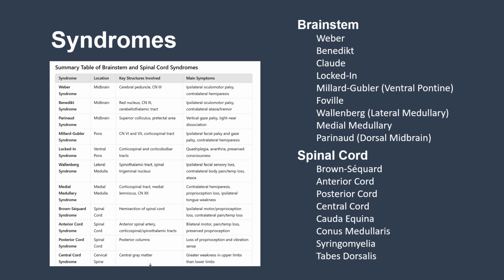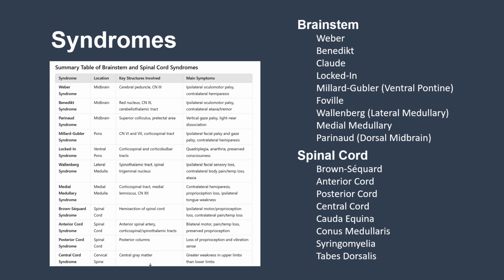Brainstem syndromes. Brainstem syndromes are classified according to the structures affected within the midbrain, pons, and medulla. Each syndrome presents with unique patterns of neurological deficit due to the involvement of specific cranial nerves, motor pathways, or sensory tracts. Weber syndrome occurs in the midbrain, affecting the cerebral peduncle and cranial nerve 3, leading to ipsilateral oculomotor